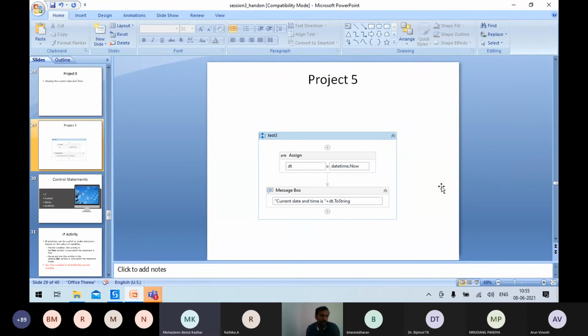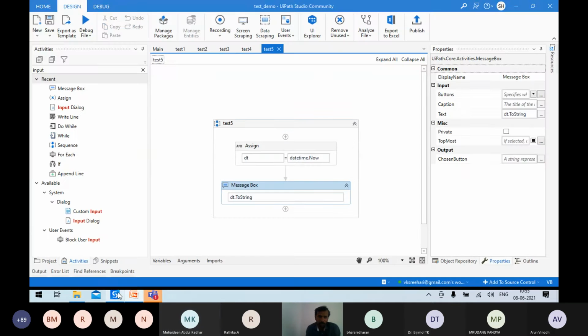So now I believe that we have done 5 projects. We just got familiarized with the environment, how to drag and drop, how to find the activities, etc. I think you are finding it easier with this environment now. That was our purpose in selecting questions like this, because next session you are going to see some more advanced topics like recording, scraping, etc., where we can't explain again and again. We can't simply say that you take a variable, declare the variable. It will be time consuming. So be clear with the concepts here.